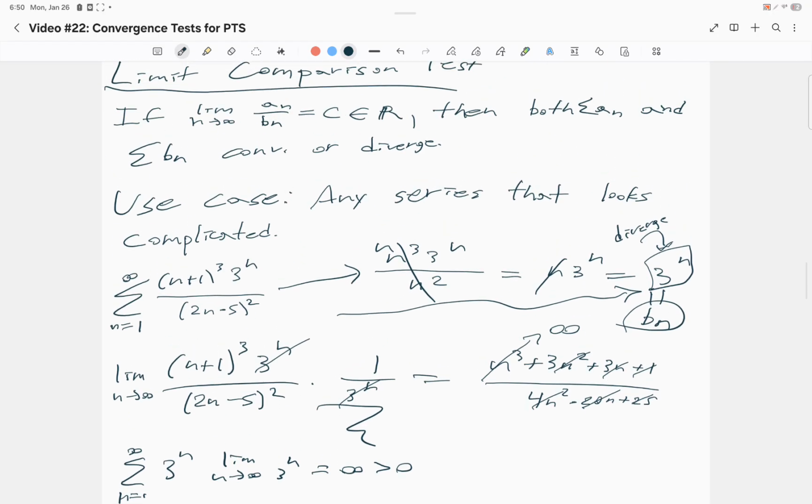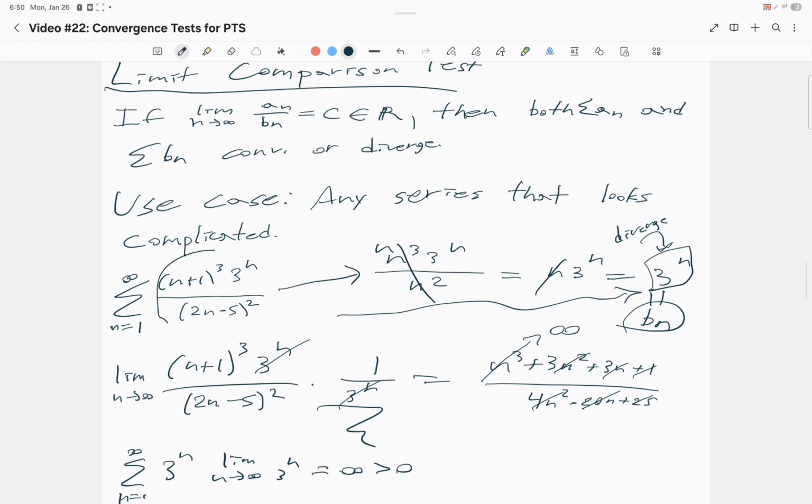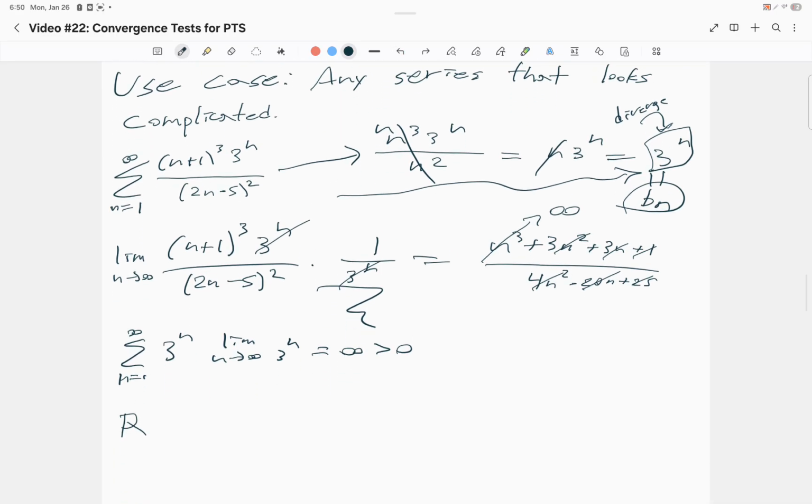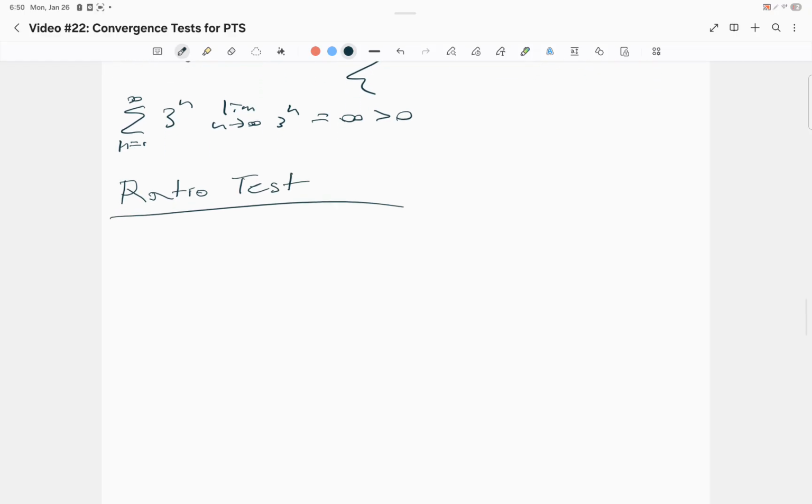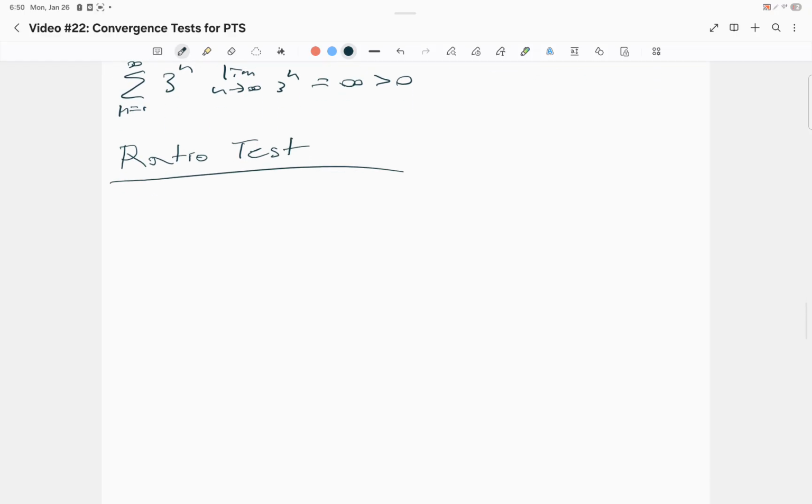And as for a use case for that one, something that looks complicated where you have a lot of exponents going on, a lot of stuff that would factor into ugly expressions. So that's sort of when you would use that. My battery is dying here though, so I'm trying to speed up. Next, ratio test. So the ratio test states that if